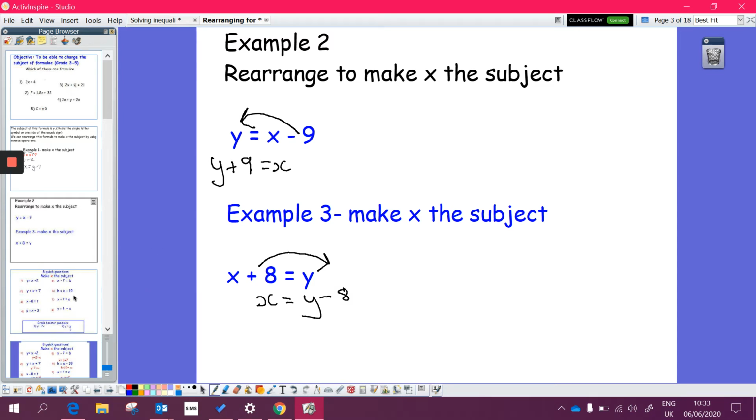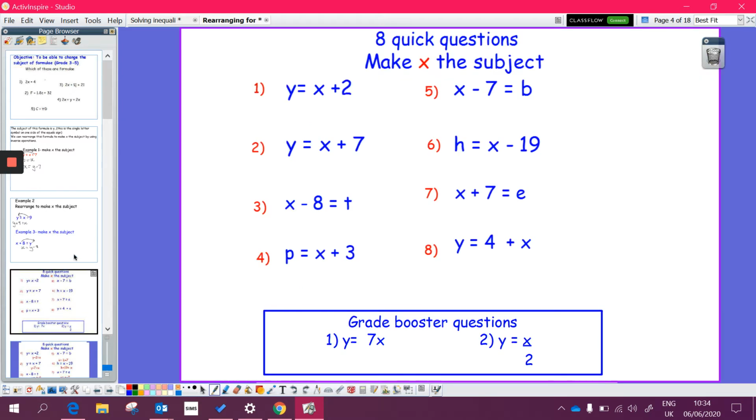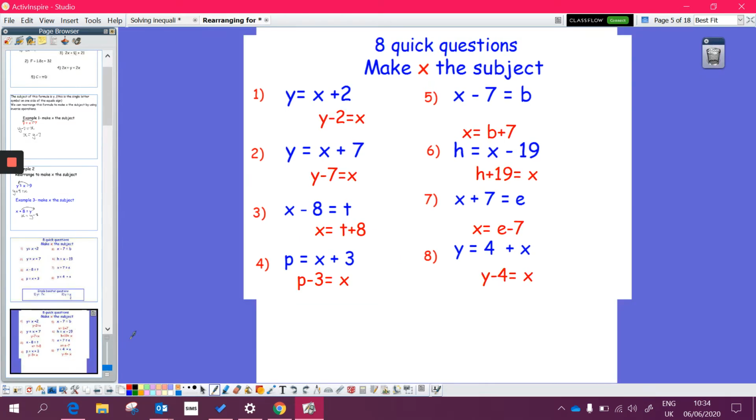And then I've just got 8 quick questions, again, just using a pen and paper. Have a go at these questions, and there is a couple of harder ones there, but we will be going on to those ones in the next section. So have a quick go at those ones. So pause it here. And hopefully you've had a go at those ones, and the answers are coming up now. So hopefully just give those a mark,